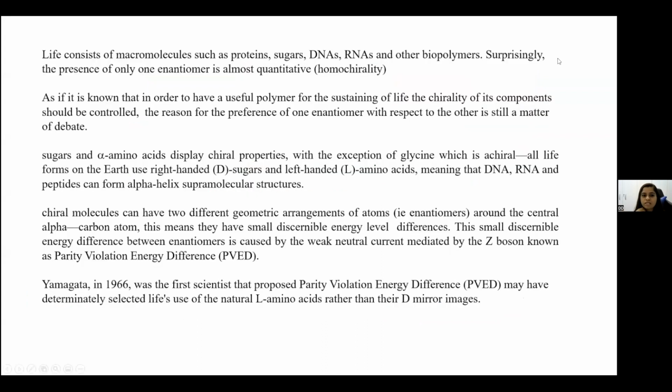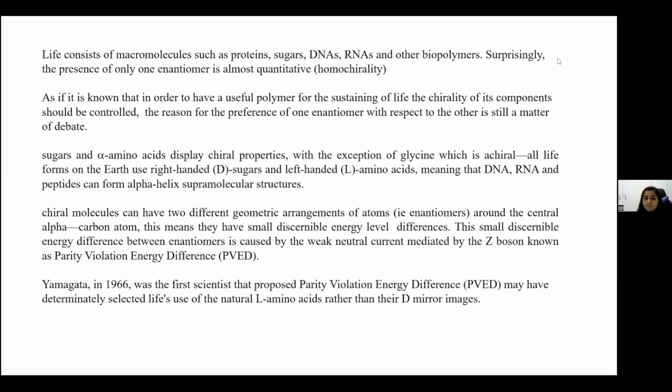Life consists of macromolecules such as proteins, sugars, DNA, RNA, and biopolymers. In all these cases, the enantiomers are always quantitative, because only in very few cases do the amino acids and other basic materials follow the enantiomer properties. For example, the sugars have D and L forms, and the amino acids have L and D. While forming the alpha helix supramolecular structure for DNA and the peptide, the sugar chosen is D, the amino